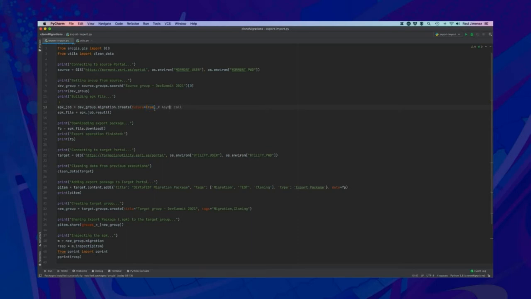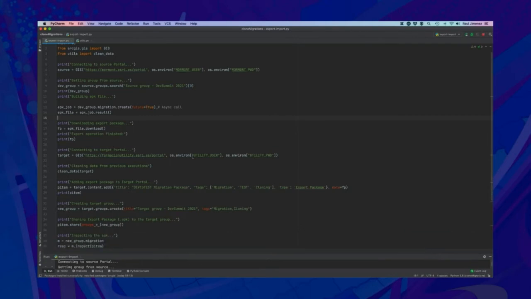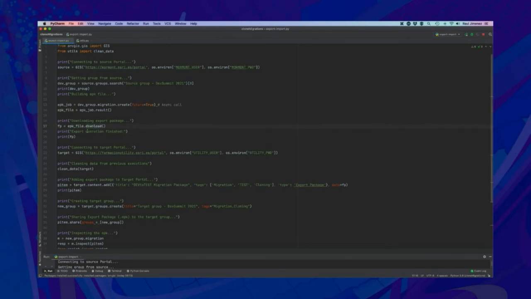So this will return a job, an asynchronous job, and then I can wait in here with this. This is not really helpful in this case, but I just wanted to show that you could build more complex workflows in your script by running this asynchronously. Let me run this in the meantime, so it will take some time, and then we will check what it's displaying down there. Okay, so after I've downloaded the file,